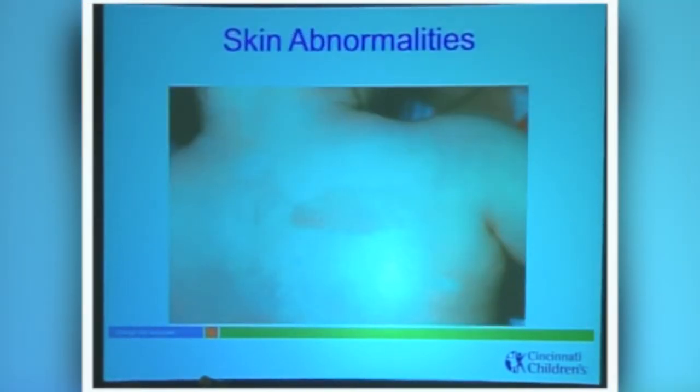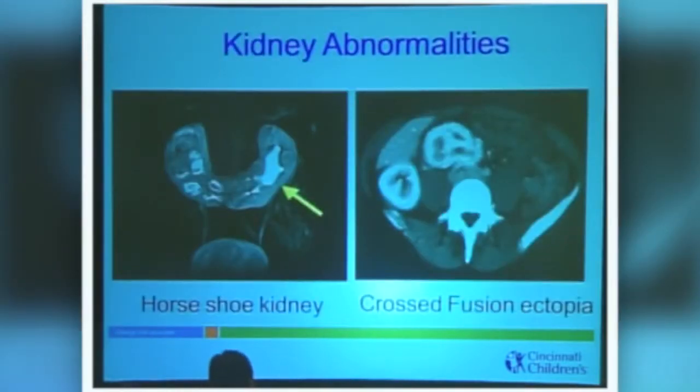Skin abnormalities. Patients have what is classically called café au lait spots. As the name suggests, the brown hyperpigmented spot is the café au lait spot. But keep in mind that these patients also have hypopigmented lesions too, so look for them when you are seeing your patients. Kidney abnormalities are common. They can vary from, again, no abnormality to very severe abnormality of absent kidney on one